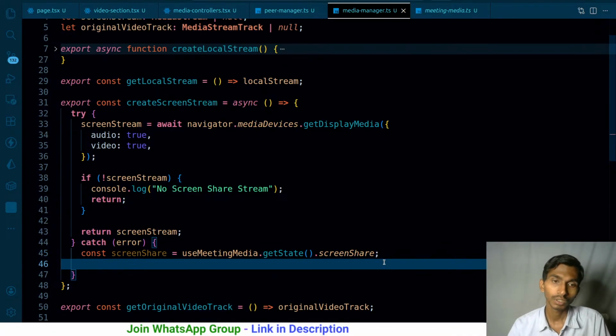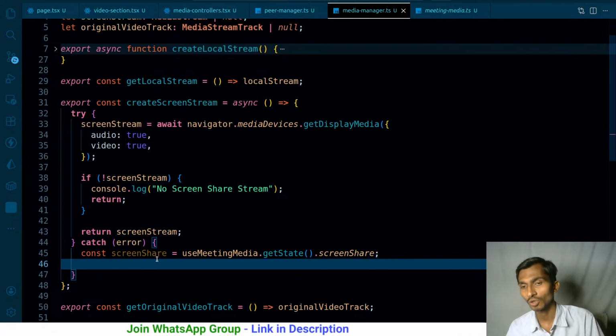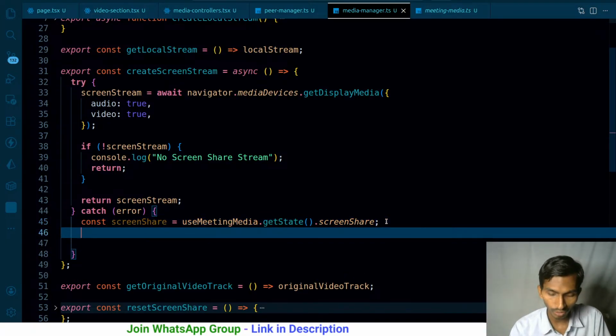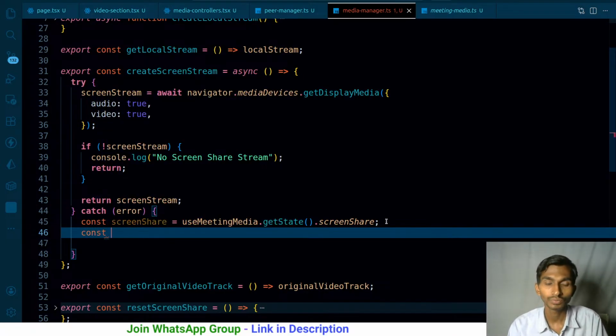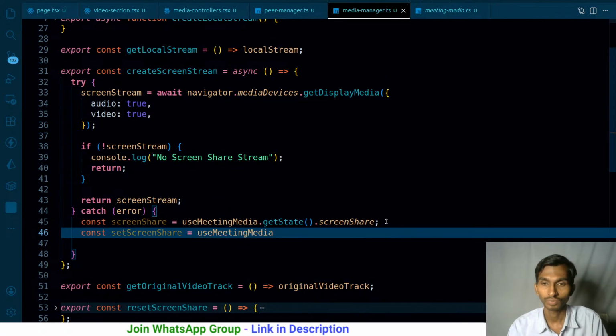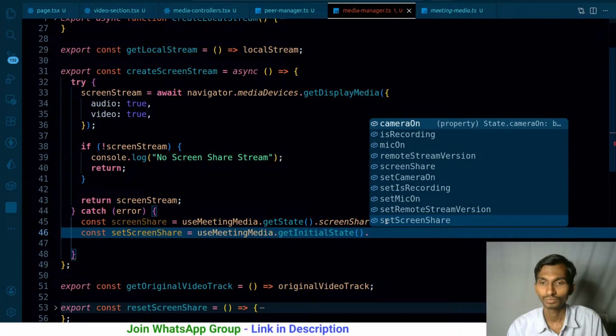Because in this way I will have to first of all get the state, then I will have to make the opposite of that, and it will just keep going on like this. It's better to just handle this thing on the client, on the store side itself, but okay, we will do it later, not a big problem. But this can definitely be optimized. Const set screen share, use meeting media, get state,